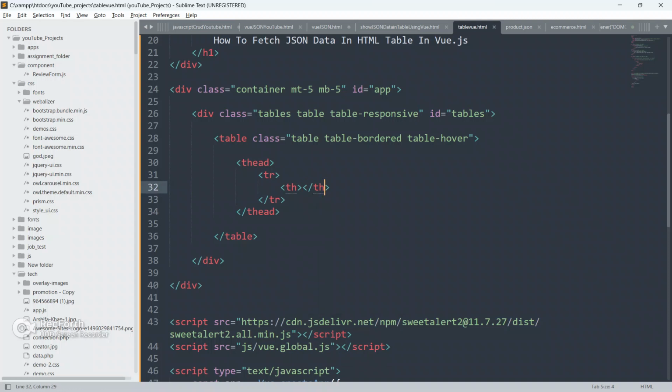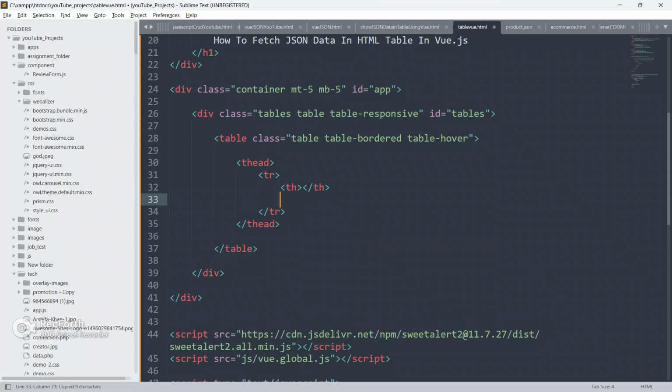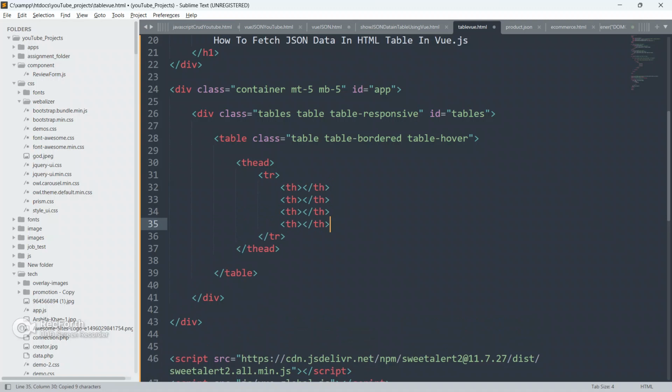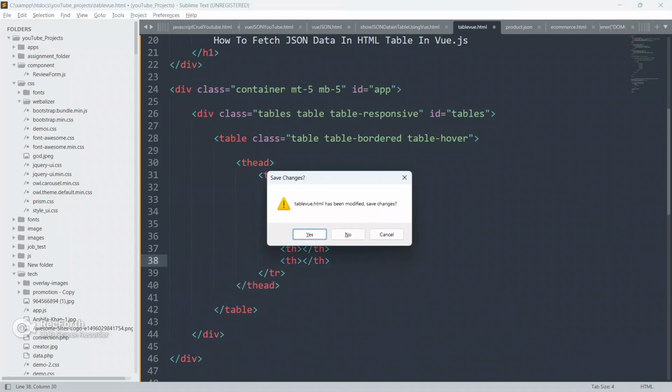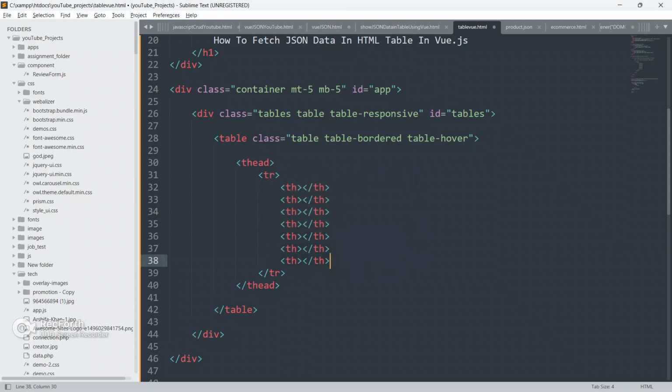So close this th first, and copy this th and paste it for 7 times: 2, 3, 4, 5, 6 and 7. Now I'm gonna write some text. First give index, and second give name, give third as profile,